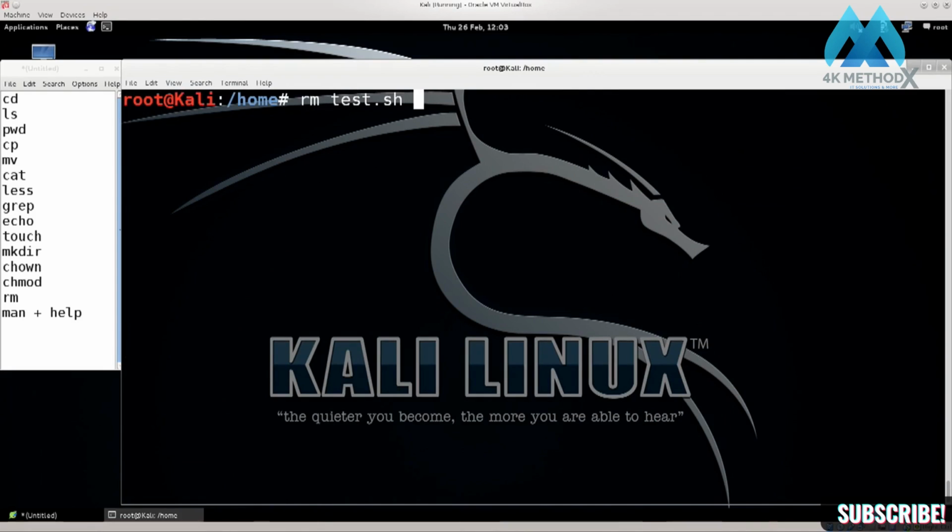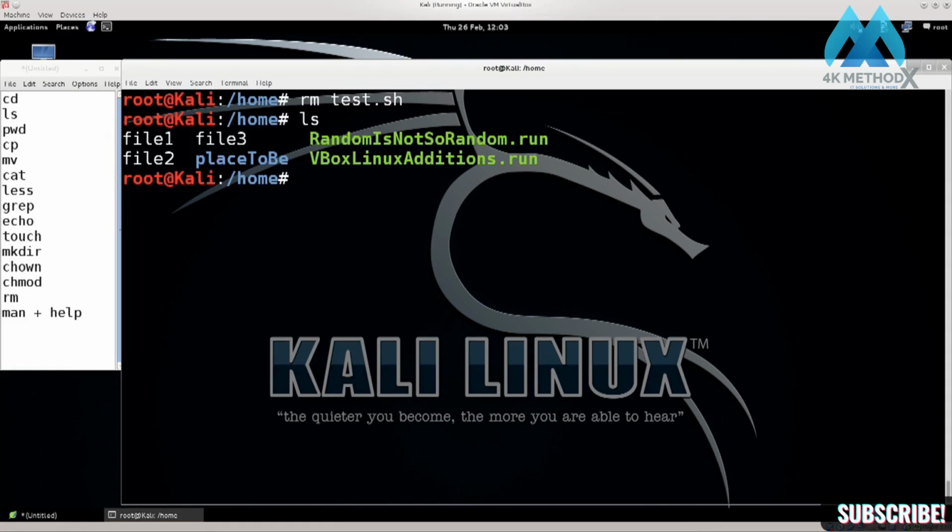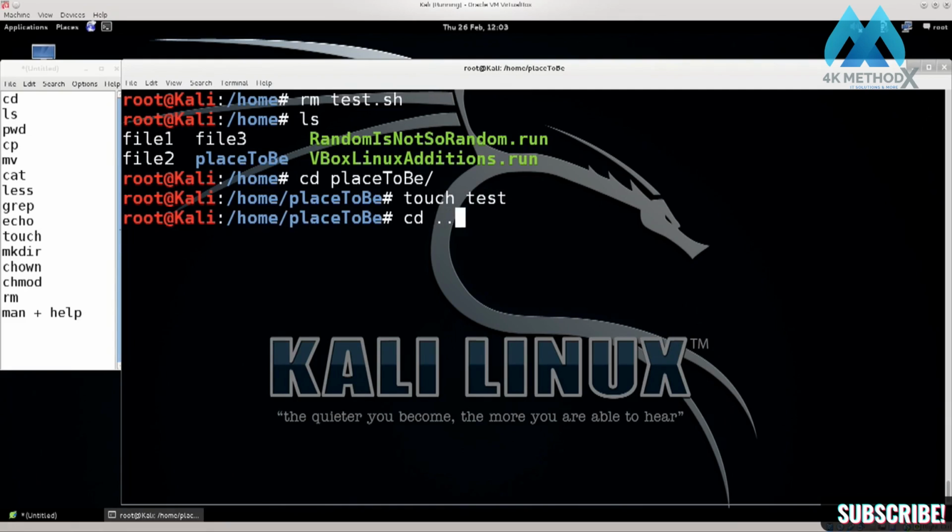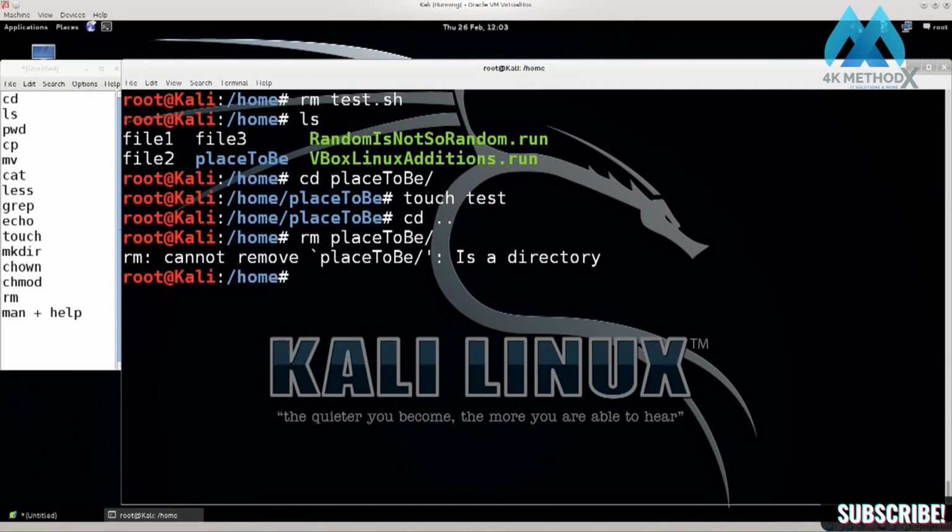So if I type in rm test.sh, it's going to remove it, and it's no longer going to be there. But if I go ahead and navigate over to place to be, and I don't know, touch test, going to make a new file there. And if I go ahead and say rm place to be, it's going to say rm cannot remove place to be because it is a directory. This is a failsafe of the rm. So you wouldn't delete a full directory because you wouldn't be able to recover it, and that would be really bad. What you can do is type in rm -f